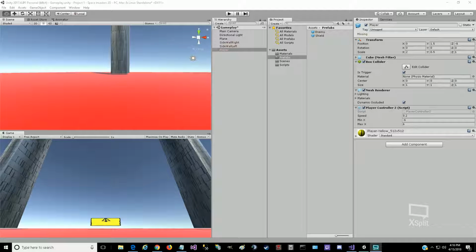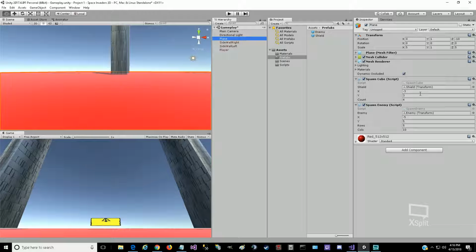And because of that, we're not going to be putting that script on a single enemy object. What we're probably going to do instead is tie it to the plane, which could be considered our base world, the ground. We'll apply it to that, since we already have, if we look at the plane object here,